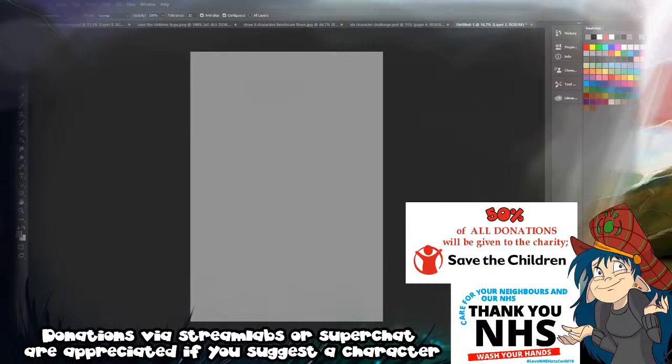Right, I'm just looking up reference for the shadow, which is the first drawing we're going to be doing today. These will initially be just really quick sketches, and hopefully if we have time at some point we will start colouring the old drawings that we did in other streams. Let me see. The shadow. Oh, that's a good one.